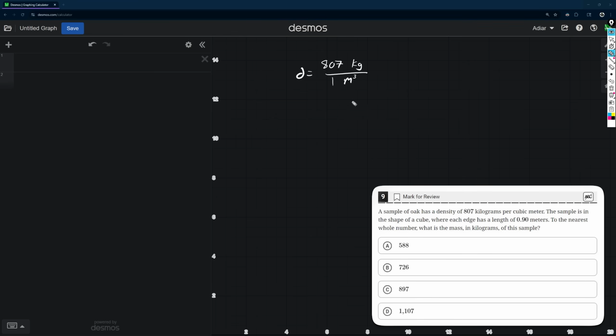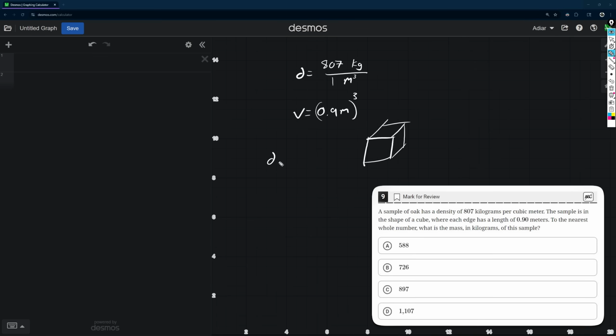And it says that the sample is in the shape of a cube, where each edge has a length of 0.9 meters. So it turns out, if we have a cube, and we want to find the volume, we can sort of just cube the side length. So our volume equals 0.9 meters cubed. It looks like we're solving for the mass, which is pretty easy because we know that